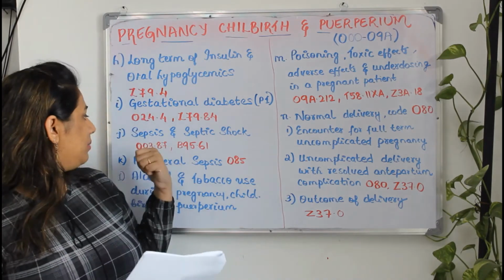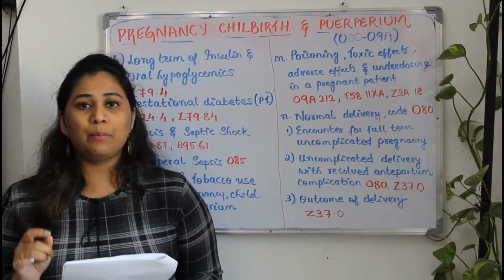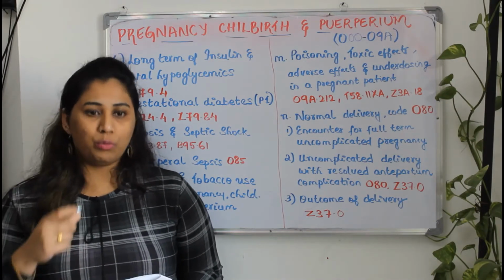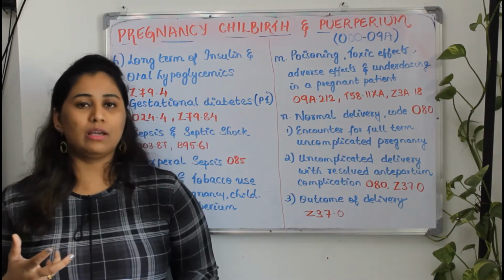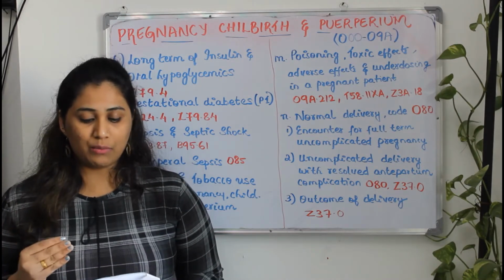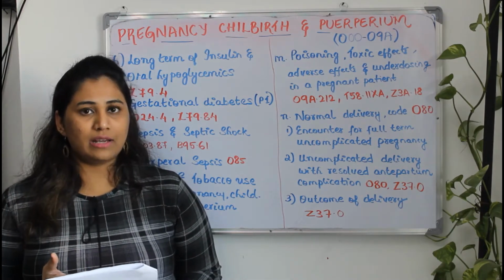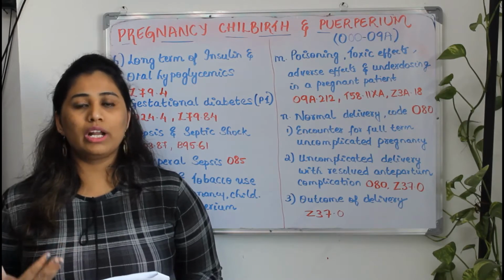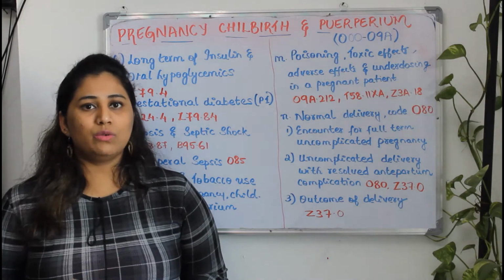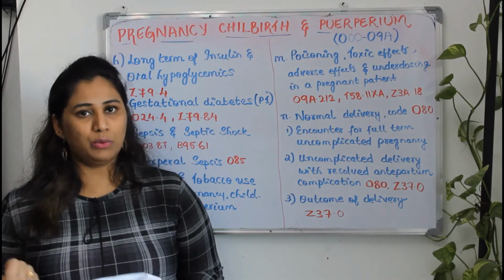Okay, so it will be like O03.87. The code indicates sepsis following complete or unspecified spontaneous abortion. If you are in front of your textbook, just try to open the book and read this code so that you will be easily able to understand this one. So the sepsis following complete or unspecified spontaneous abortion is O03.87, and as in the example they have told it is MSSA, so we will code B95.61. Okay, always try to remember it is a causative organism, so the category code will fall from the O series. Okay, so you will pick that particular code and you will put it over here.